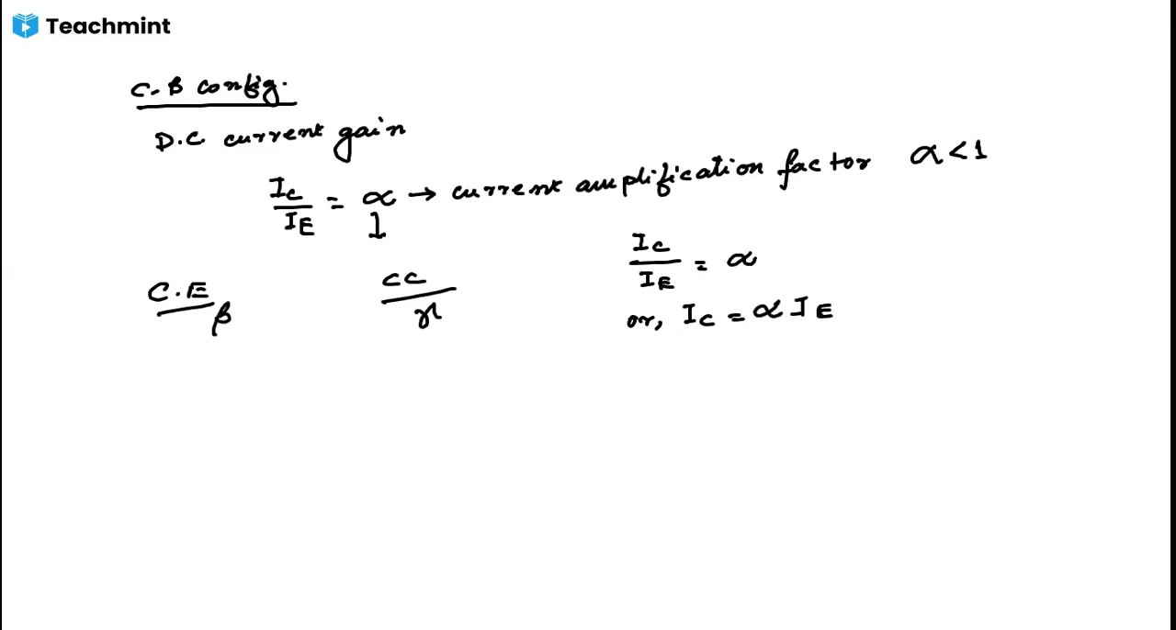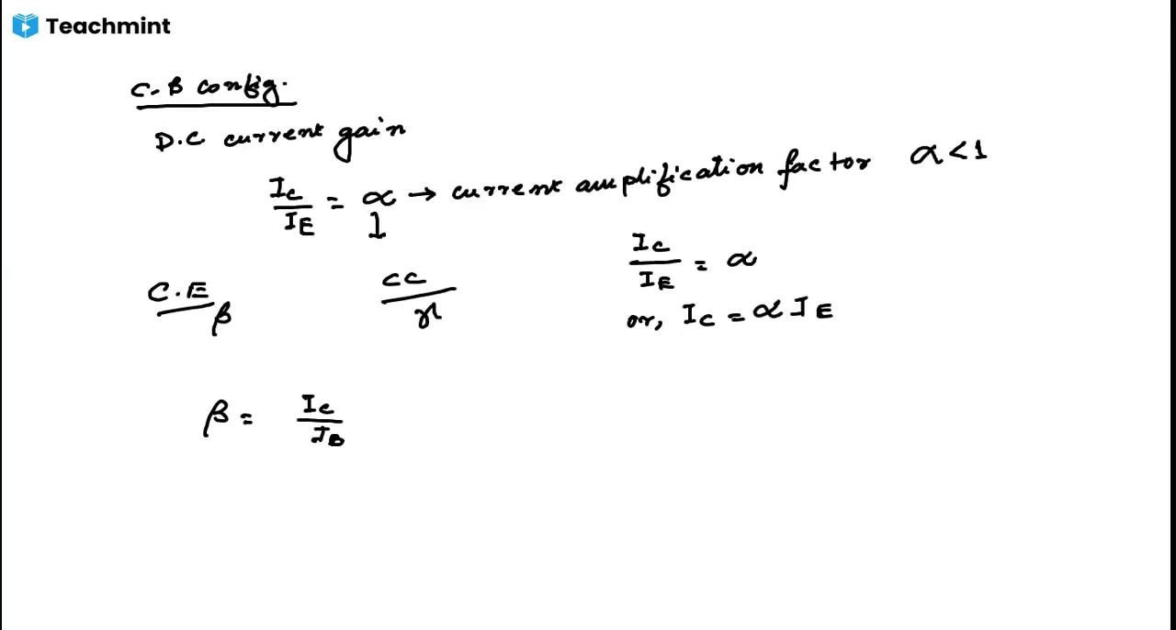Same as for CE configuration, beta equals IC by IB, because for the configuration the input current is IB. Current gain is what I told you, the ratio of the output current to the input current. So for common emitter configuration, beta equals IC by IB. And for common collector configuration, gamma equals to